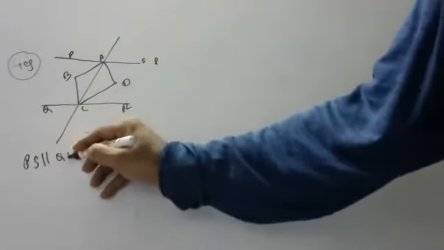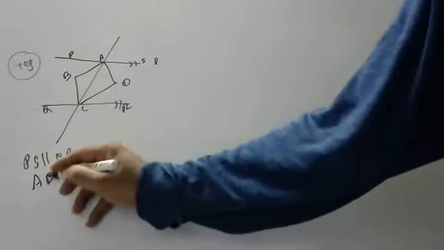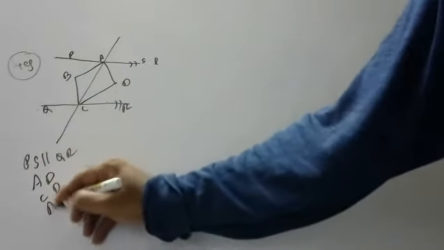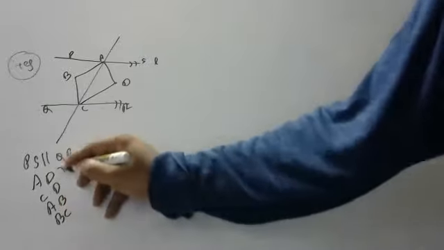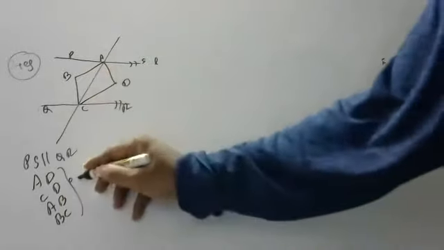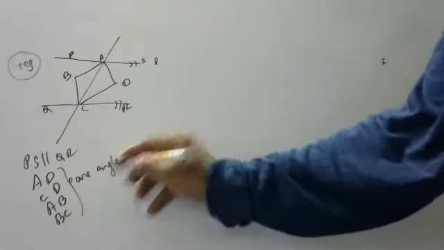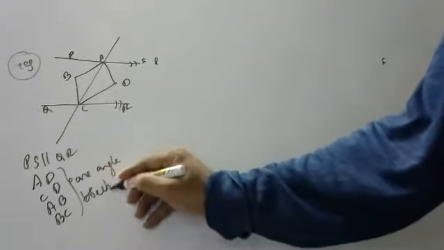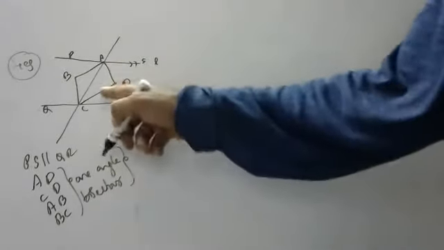So what is given? Two parallel lines L and M, children. PS is parallel to QR. These both lines are parallel. Okay, parallel lines are intersected. Show that the quadrilateral formed with bisectors of interior angles is a rectangle. Children, they have given that AD, CD, AB, BC, all of them are angle bisectors.